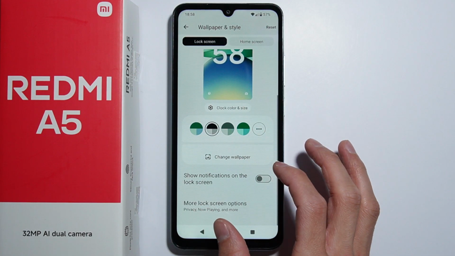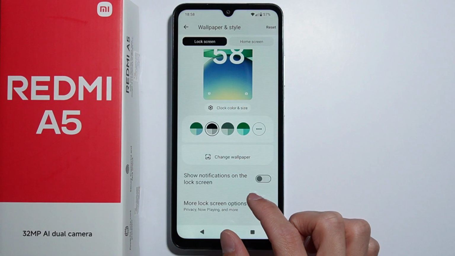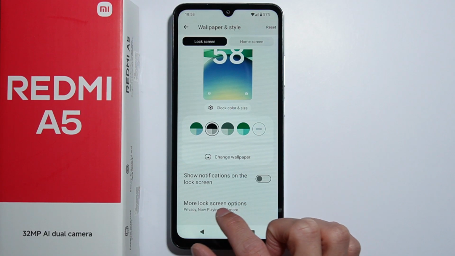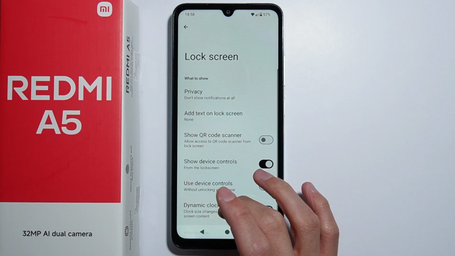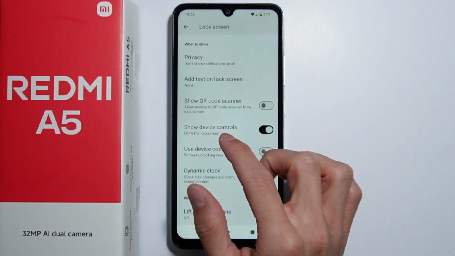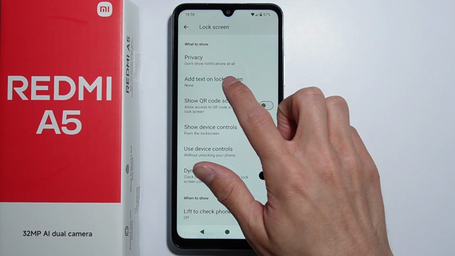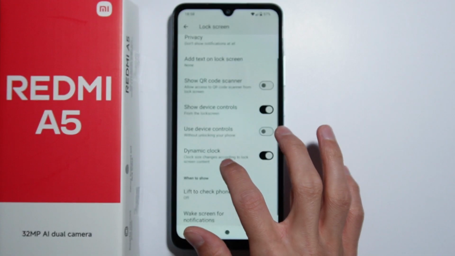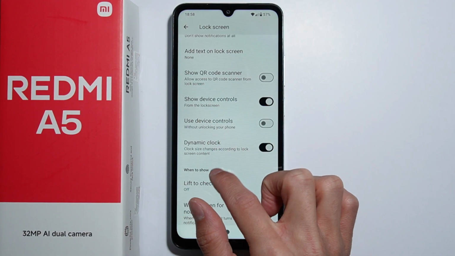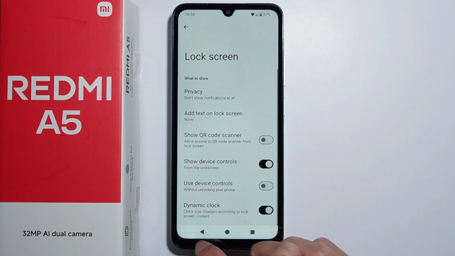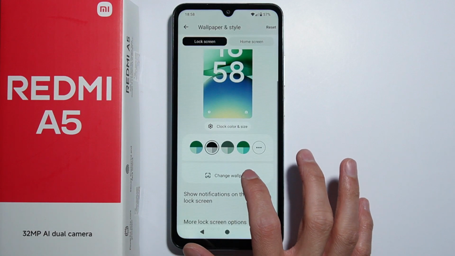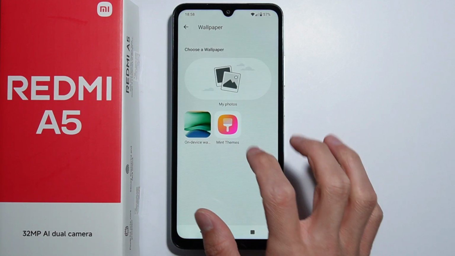And yeah, you can also toggle to show notifications on the lock screen, and here are more lock screen options to show the QR code scanner, for example, add text on the lock screen, show device controls, use device controls, and some other stuff. And yeah, here we can also change the wallpaper, so let's go in there and we